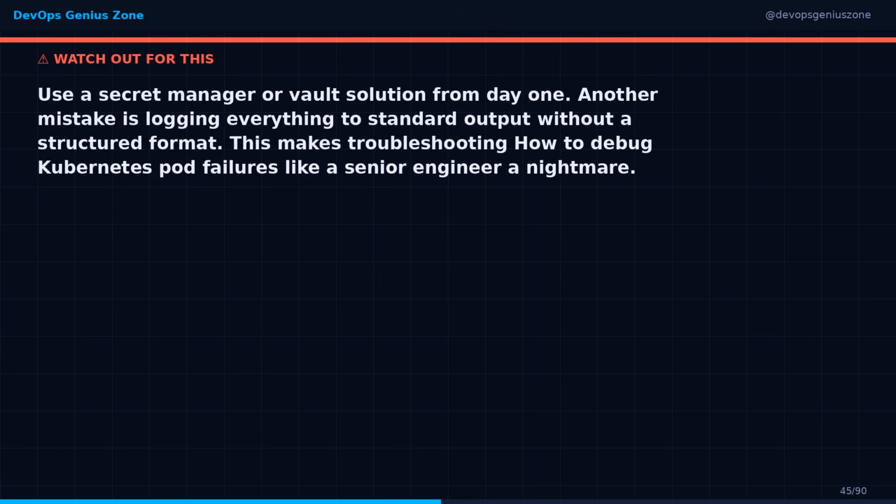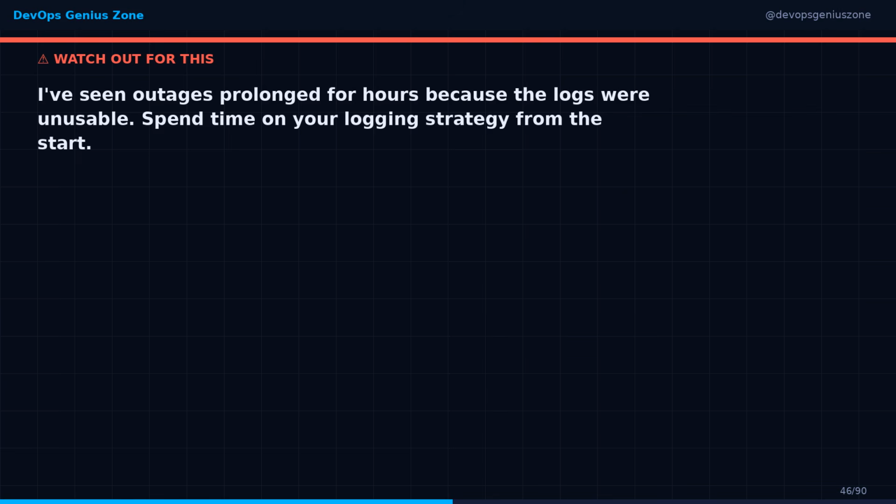A more subtle mistake I see, even from engineers with a couple of years of experience, is treating how to debug Kubernetes pod failures like a senior engineer as a one-time setup task instead of an ongoing practice. They configure it once, it works, and they move on and never revisit it. Then 6 months later, requirements change, the team has grown, and the original setup doesn't scale, but nobody owns